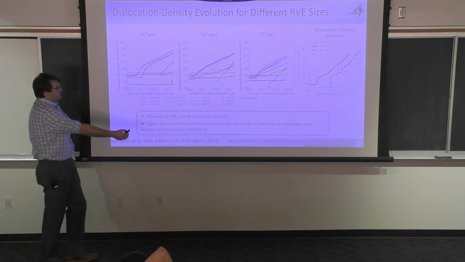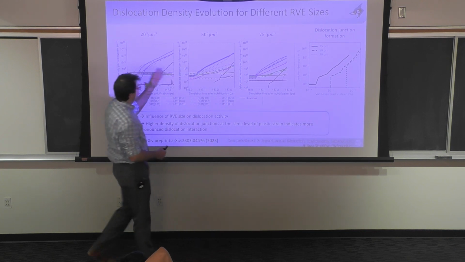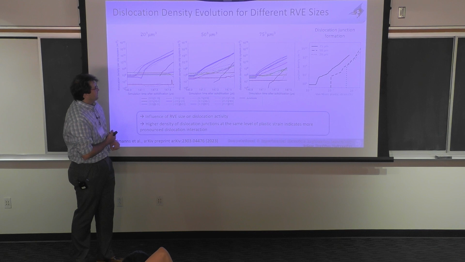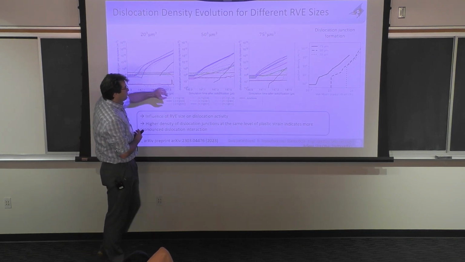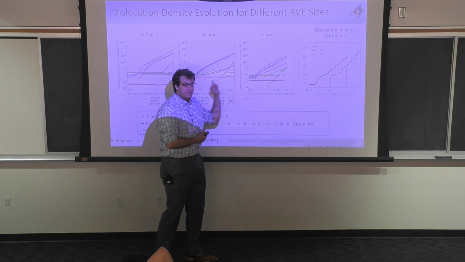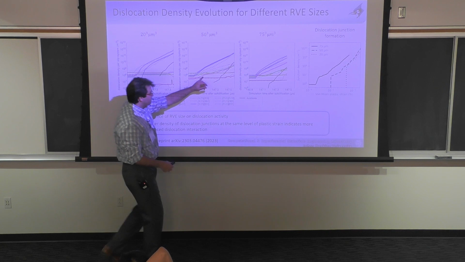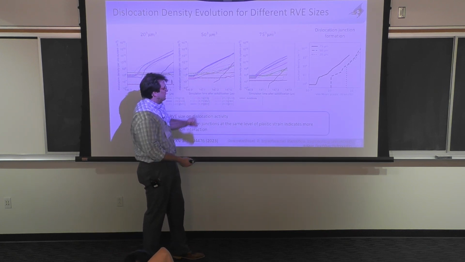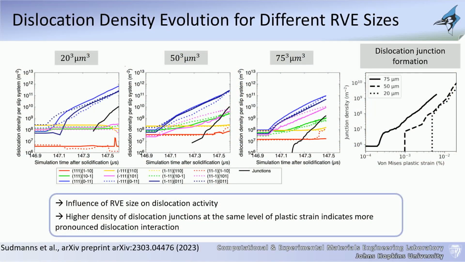You could do a lot of analysis to understand the evolution of dislocation density and the junctions per slip system. So this is for the three different cases, and right away you'll see the evolution of the dislocation density per slip system. It is different for the 20 than for the 50 or the 75. The 50 and the 75 are close to one another. They're not identical, but they activate the same slip systems, and the evolution rates are reasonably similar. You can clearly see the evolution rate of the pink case is a little bit higher. Just two more minutes.